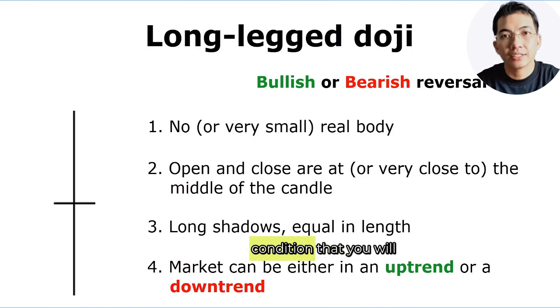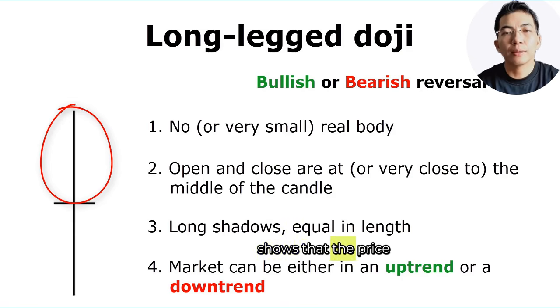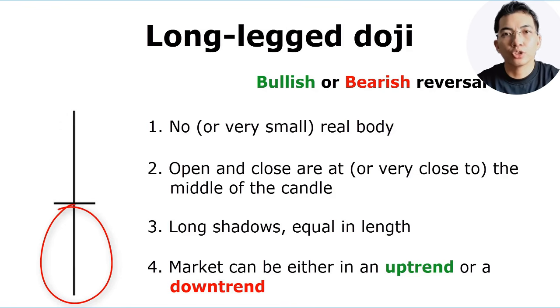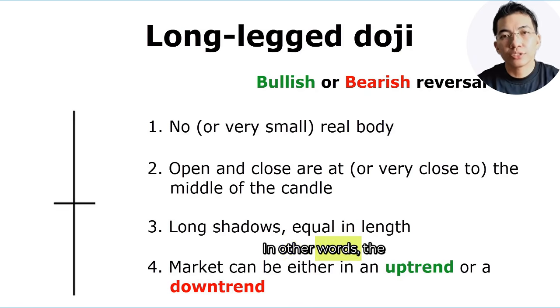This pattern has a condition that you will not find so easily in other patterns. The long-legged doji is a reversal pattern whether it appears during a downtrend or an uptrend. Let's see the reason of this condition. The long upper shadow shows that the price rallied during the session. The long lower shadow shows a market that has sold off during the session. In other words, the market rallies, sells off, rallies, sells off, and continues like this, only to close the session